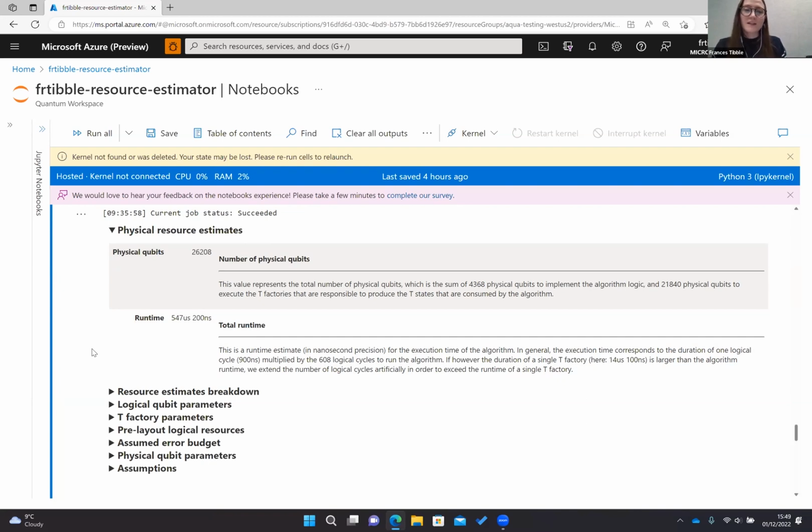So what that told us was that we needed to redesign that software and think about it more smartly so that we could bring down the runtime, which we were able to do by optimizing the code and using tools like the resource estimator. I think that runtime came down to maybe a few days, which is achievable. So yeah, I'm out of time. That's all I had to demo today. So I'll pass the control back over to Daniel.